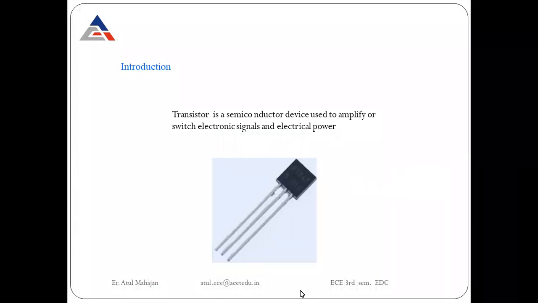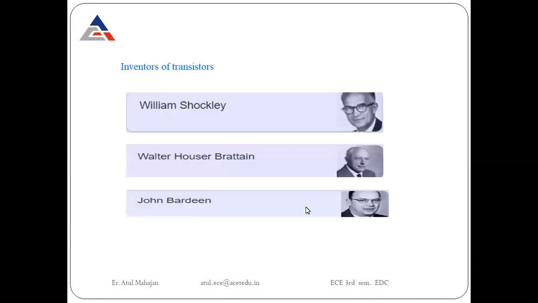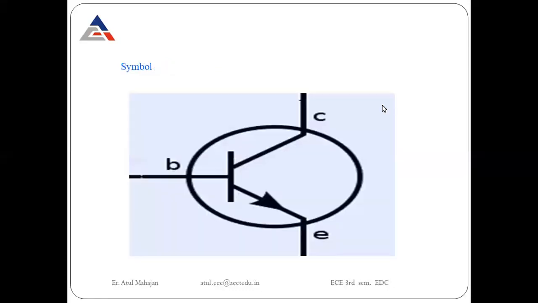the basic terminology, why it is termed a transistor, and how many terminals a transistor has. As you can see, it is a three-terminal device. These are the three scientists who invented the transistor, and the three terminals are the emitter, base, and collector. This we discussed in the last lecture, and we talked about why the emitter has a high concentration